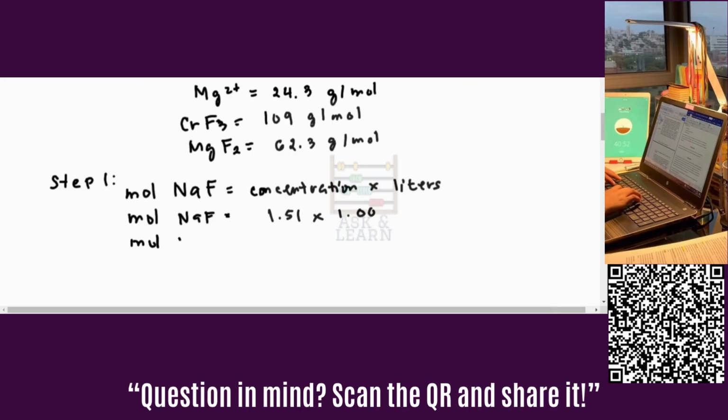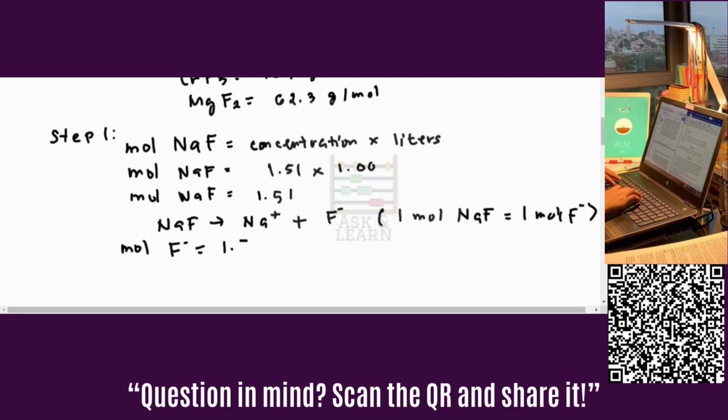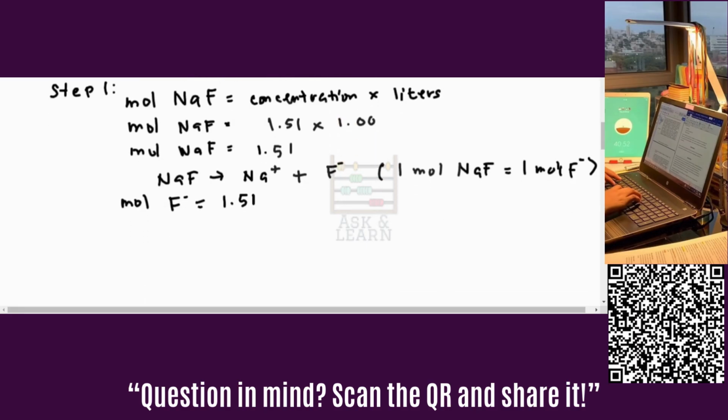So your mole of NaF is equal to 1.51. And note that NaF ionizes completely into Na plus and F minus. What we can see here is that for every mole of NaF, we also have 1 mole of F minus. So it follows that the mole of F minus is going to be equal to 1.51. Okay,